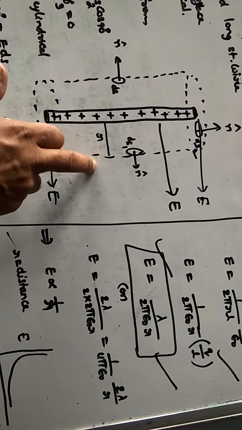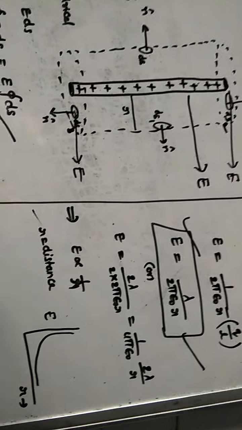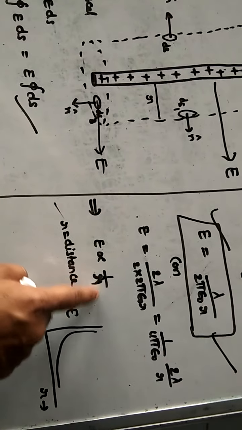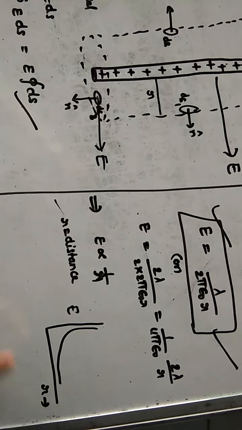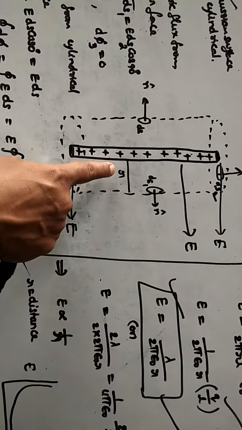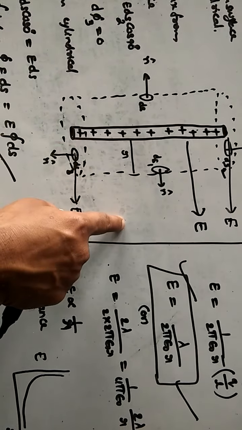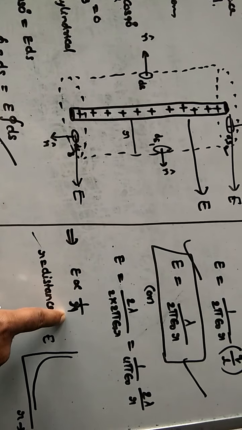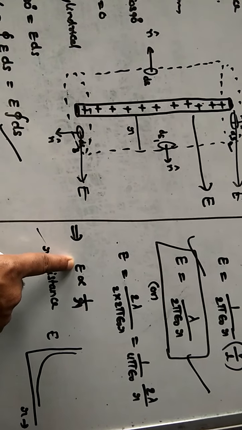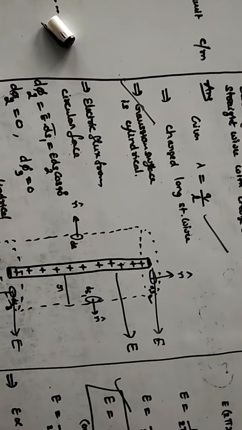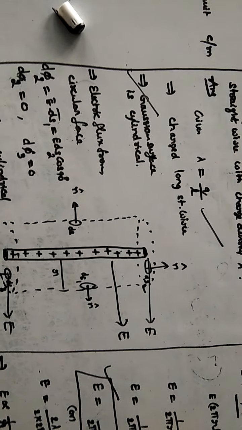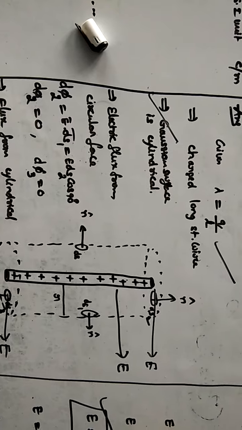Distance from this wire. So E proportional to 1 by R. I know you know very well these two are inversely proportional. So the graph is like a rectangular hyperbola. That means as distance is increased, if you are moving away from the wire, R is increasing, electric field will decrease. This is the sentence. So remember this sentence. This is the electric field due to infinitely long straight charged wire. So I am going to explain the next concept.